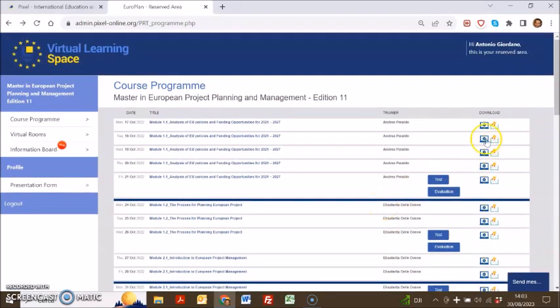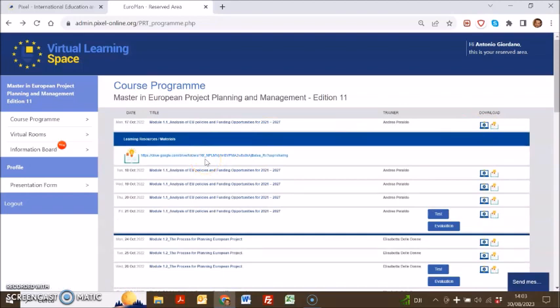If we move to downloads, there are 2 extra buttons that were not visible in the fake edition that I showed you before. First of all, materials. If we click on materials, you will find a link to a Google Drive folder, which will be shared with all the participants in the master. Within this folder, you will find subfolders divided into modules, renamed after each single module. Within each specific subfolder, you will find all the documents, all the handouts, all the links,